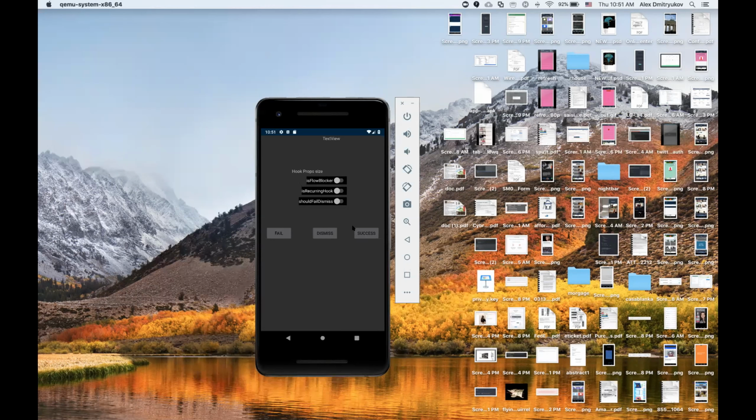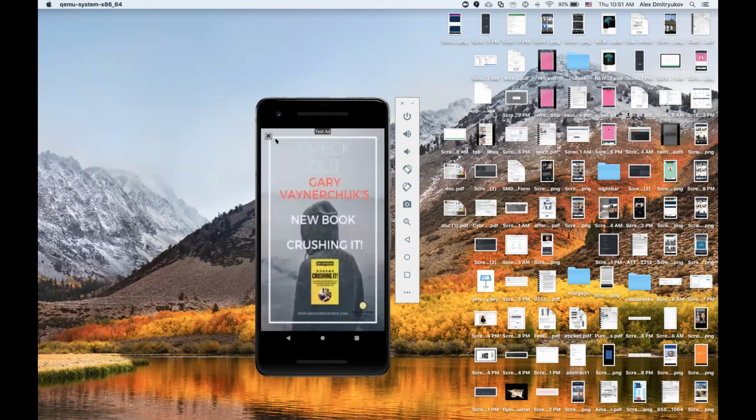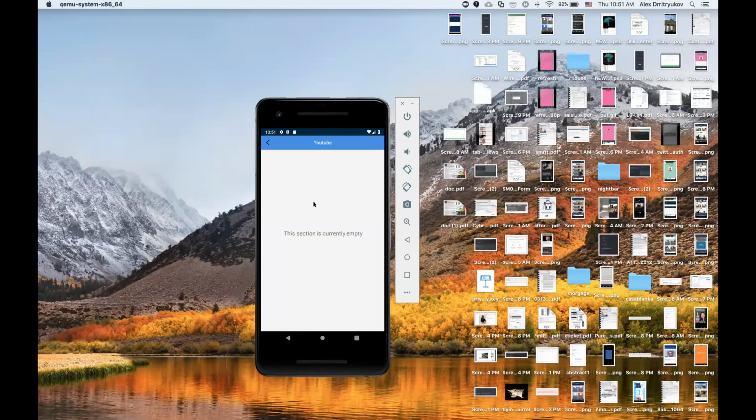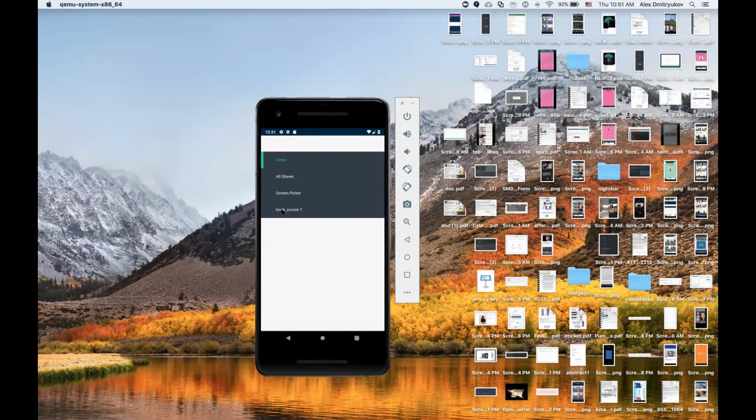Let's, for example, dismiss it. Since it's not going to break flow and we dismiss, it's going to go into the next flow, and this is an annoying ad. And we're getting into the YouTube screen, and it's purposely set not to have any data source, so disregard that, please. Now we can go back, and we can also attach the screen hooks to the navigation, and that's going to be the hook screen 1 in our case.